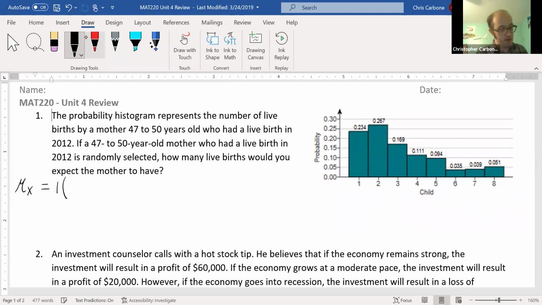This will be 1 times 0.234 plus 2 times 0.267 plus 3 times 0.169 plus 4 times 0.111